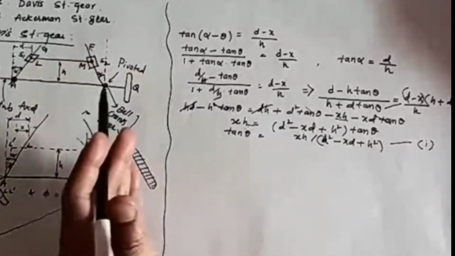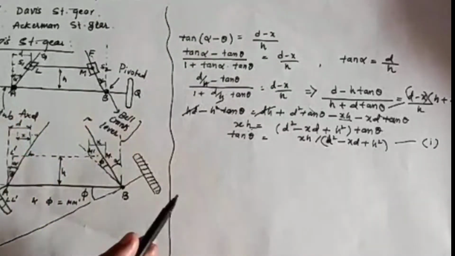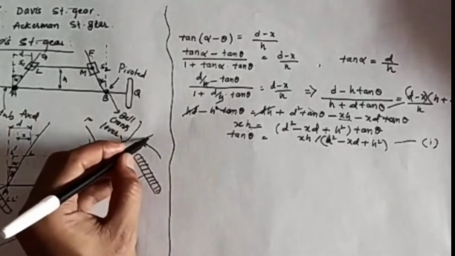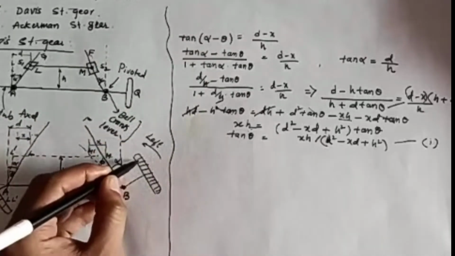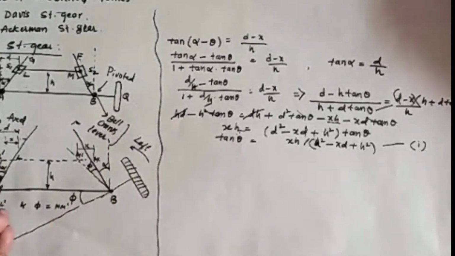Okay, that we call the inner wheel. So this will be the inner wheel now, and this will be the outer wheel. If you take a left turn, now it is taking a left turn, so this will be outer, this will be inner now. So what will be the angle made by the inner wheel?